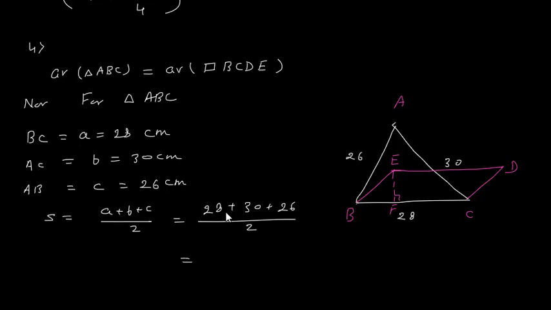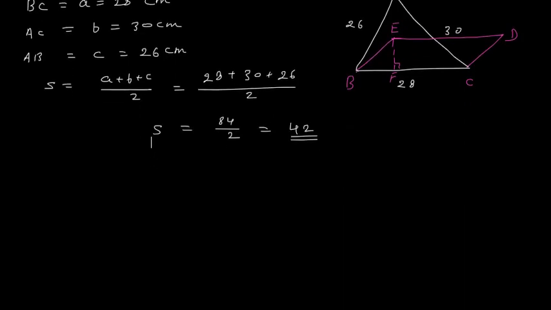So this will give us the answer as 8 plus 6, 14. Now 4 plus 3, 7, 1, 8. So 84 divided by 2, which is 42. Right? Let us cross verify. 8 plus 6, 14, 4. Then 1 carry. 2 plus 1, 3. 3 plus 3, 6. Plus 2, 8. 84. And divided by 2 is 42. This is S. S means semi-perimeter.